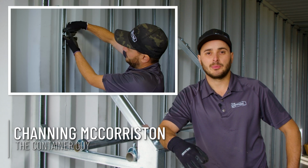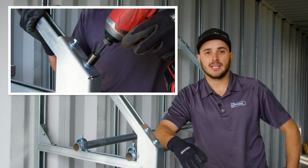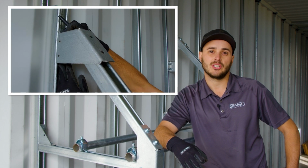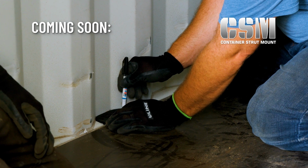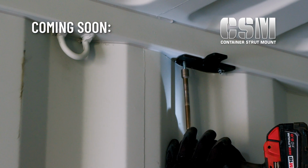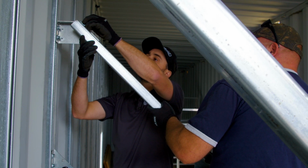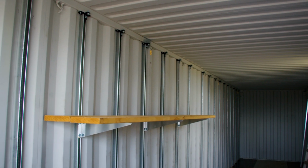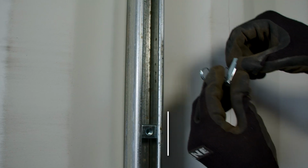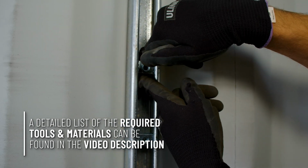In this video, we'll provide you installation instructions on how to install our tire rack kit utilizing our modular interior systems in shipping containers. You'll want to check out the video on how to install our container strut mount or CSM brackets, which will show you how to get your container pre-strut lined. And then once that's complete, you'll be able to install these tire rack kits and many other accessories that we provide. So for these tire rack kits, get your spring nuts in the strut channel ahead of time, and then